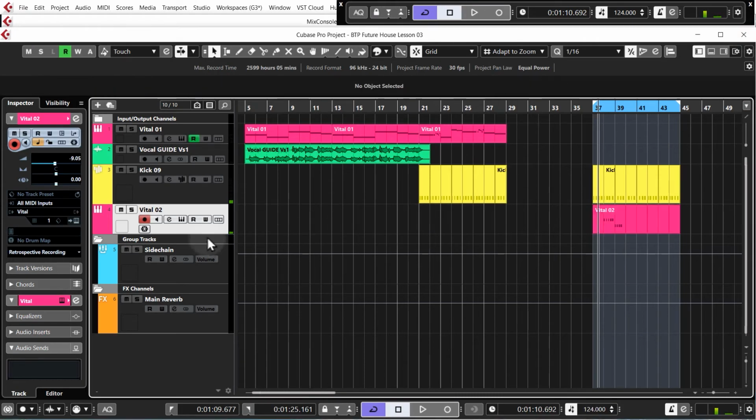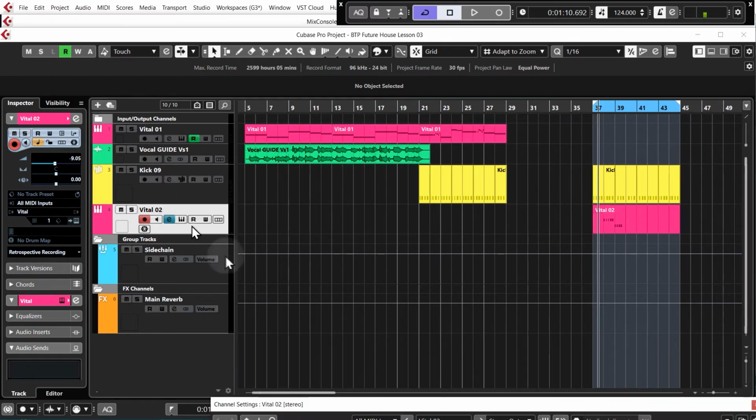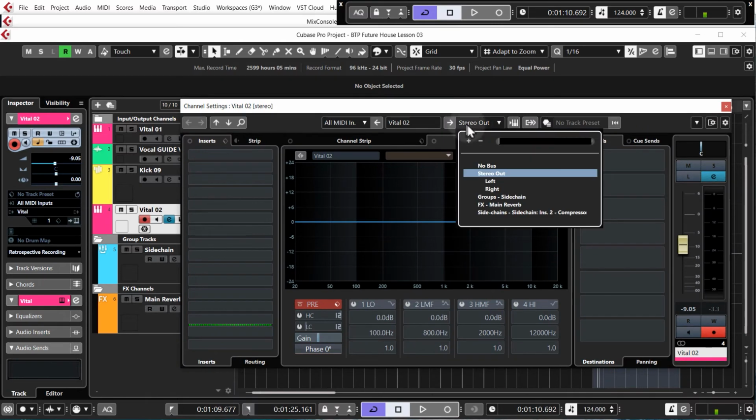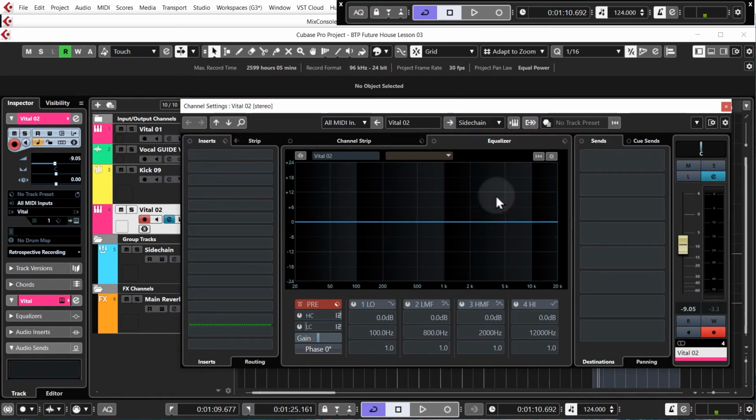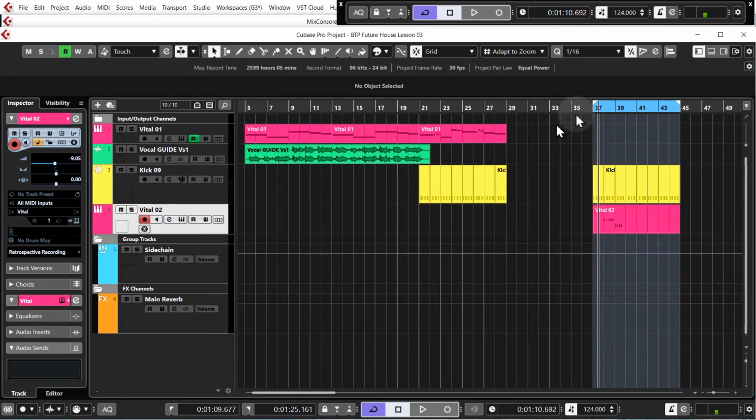So this is one of the things that definitely wants to be sidechained. And I will talk about that a little bit more later on, but for those of you who have done any of our beginner tutorials, you'll know that when you've got the bass line and the kick playing at the same time, you really have to sidechain the bass line to the kick. We've already covered how to set that up, so I'm just going to simply route the bass line through to the sidechain group. So I'm just going to select sidechain there. So now when we play it,